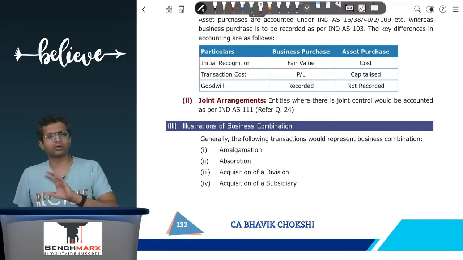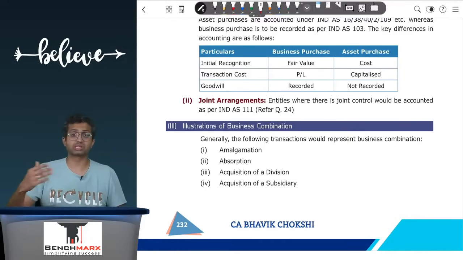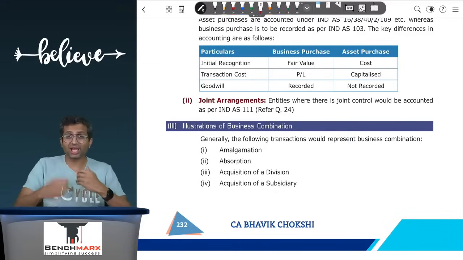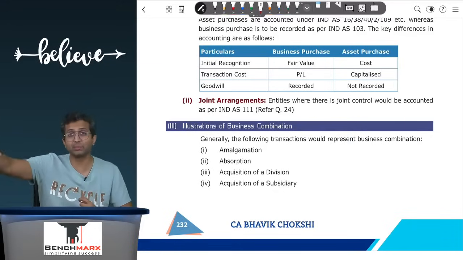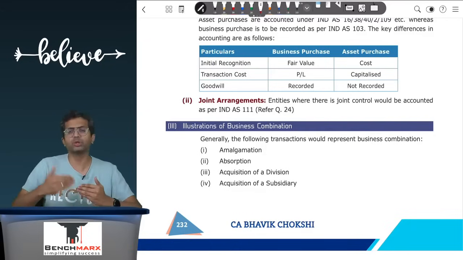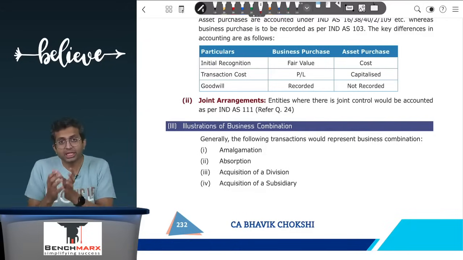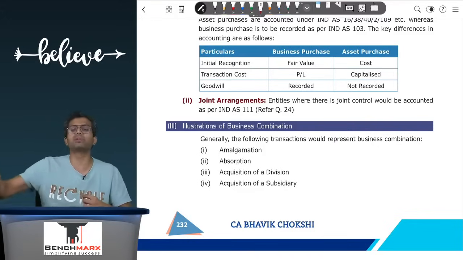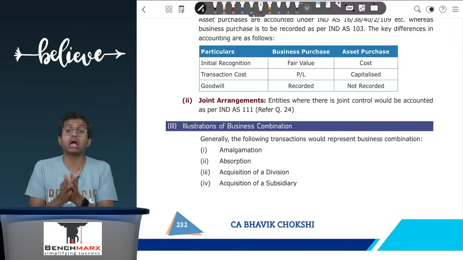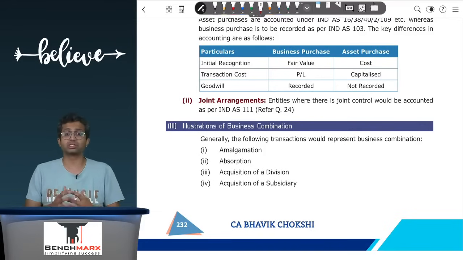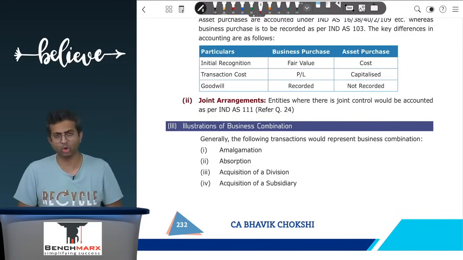Now there are two set of books. One is the separate financial statements and one is the consolidated financial statements. Most of your questions over here involve the acquisition of a controlling stake in a company which continues to be a separate legal entity. So if it continues to be a separate legal entity, acquisition of, loosely speaking, a greater than 50% stake gives the ability to direct the relevant activities. So through those shares, let's say I acquire a 70% stake, then by virtue of holding a greater than 50% stake, I get the ability to direct the relevant activities of this selling company, and as a result, it is said that I have control over the other company.